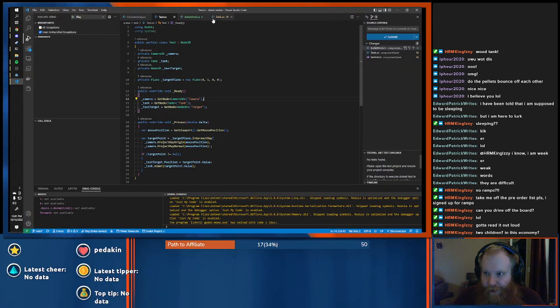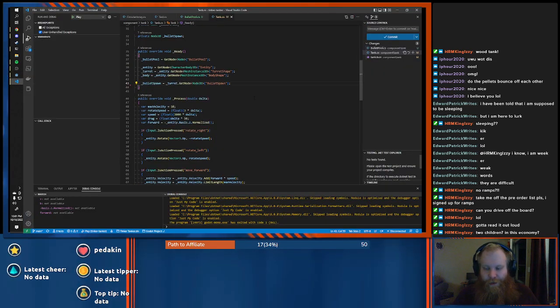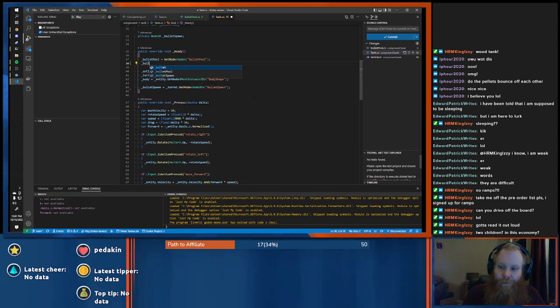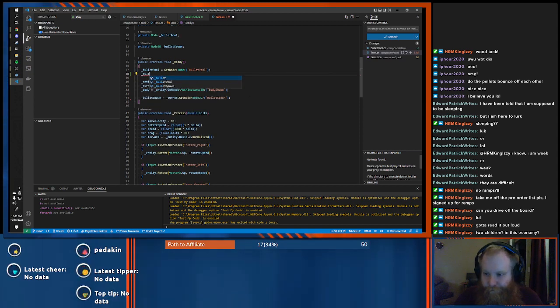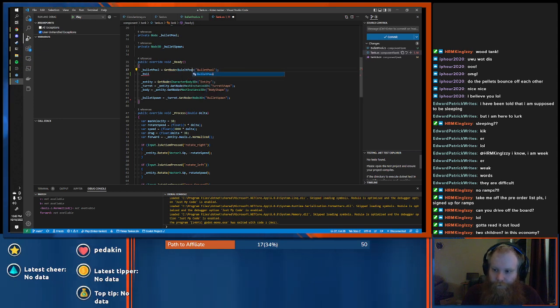And then when the tank enters the scene, so we're going to go to tank.cs. We're just going to, just right here, we're going to do bullet pool. Actually, well, that was terrible. Why is clear not there?